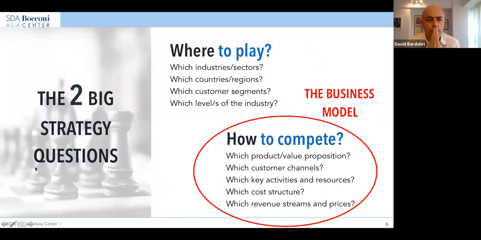What is a business model? Remember that in the last session, I told you that there were two very big strategy questions. One big strategy question was where to play. And that kept a lot of CEOs and top teams busy in companies. And it's a complex decision or set of decisions that requires a lot of analysis. There are many possibilities. But there was a second question that was about how to compete once you've chosen those places. And in this how to compete space, there are a number of choices.